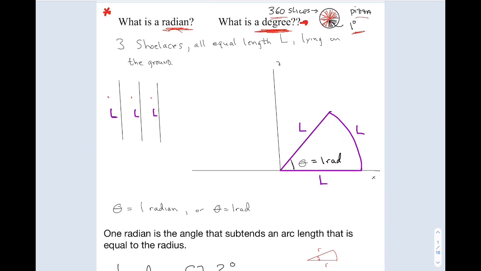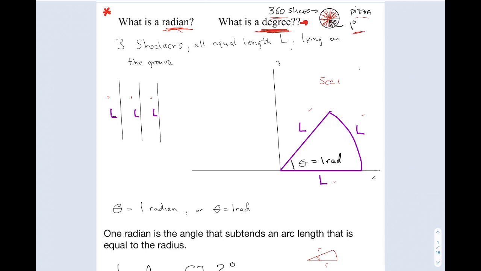Let's say I have 3 shoelaces. I have 2 pairs of shoes. I'm going to take off the shoelaces, so I'm going to use 3 of them for now. They're all equal length, L, and I'm going to lay them on the floor. This will be a top view. So I'm going to put one here, there's one there, there's one there. And I'm going to